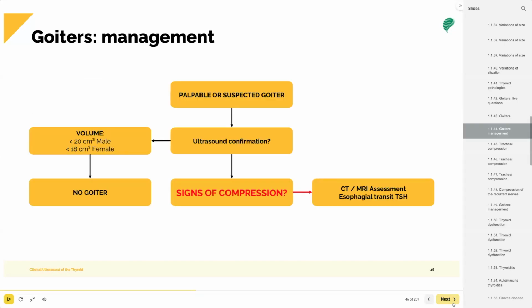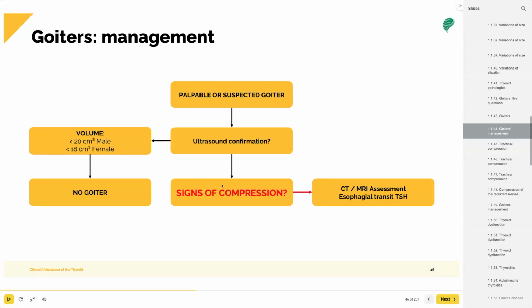If the gland has a normal volume, we will conclude that, of course, there is no goiter. If we're suspecting that there is a goiter present, we would try to confirm first with ultrasound because it is cost effective, it is non-invasive, and it is a simple procedure to diagnose the patient. If the volume is less than 20 cubic centimeters for males or less than 18 for females, we would say there is no goiter. If it is confirmed by ultrasound that there is a goiter, we would ask, are there